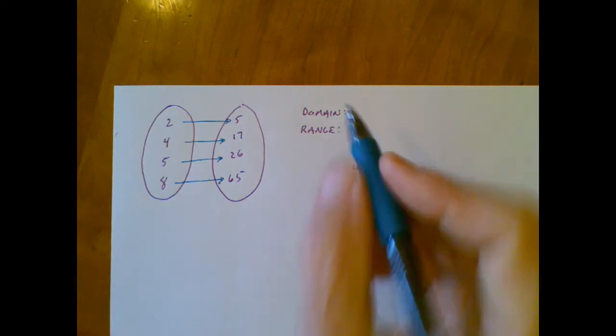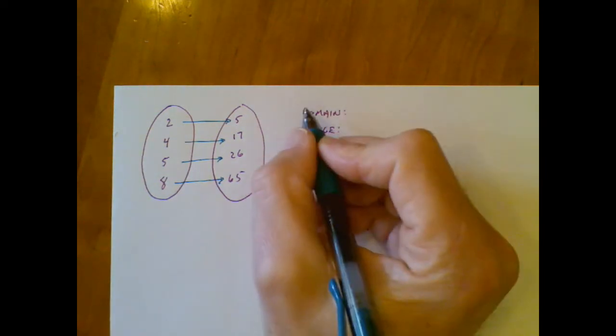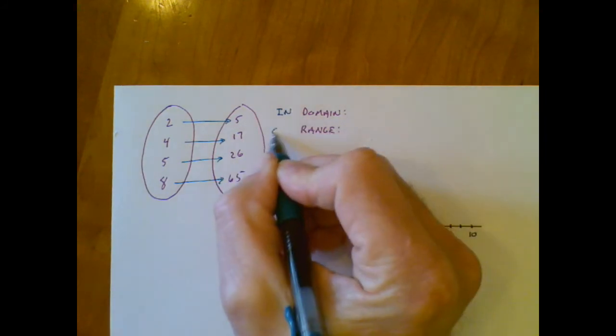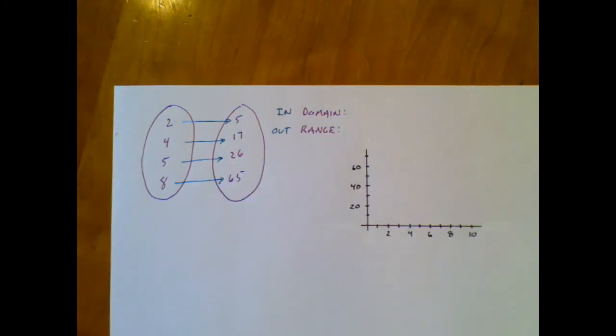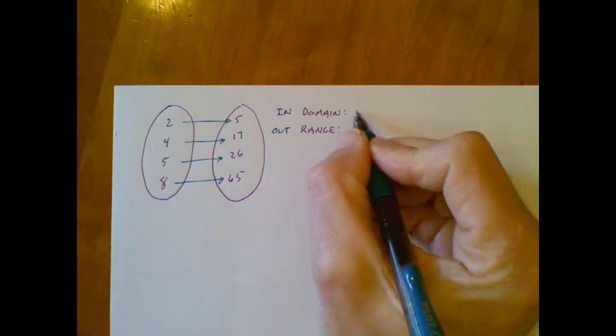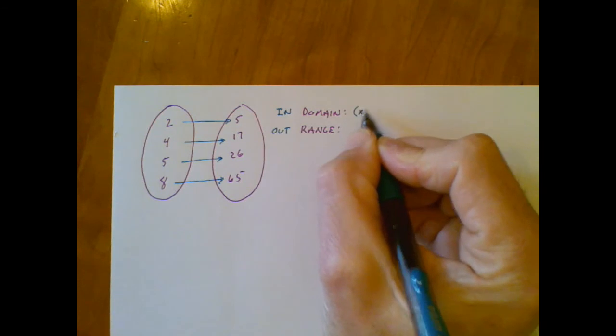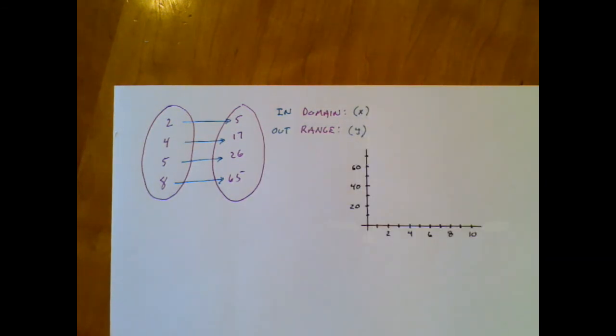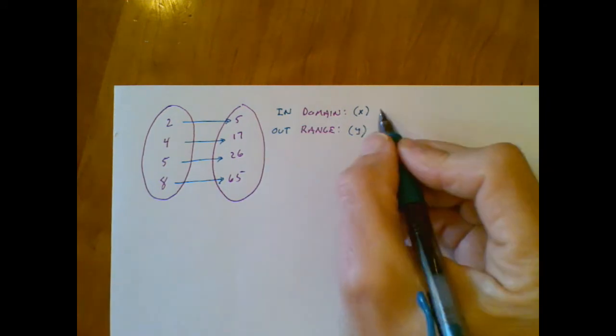One way to think about this is the domain is the input and the range is the output. Another way to think about domain and range is the domain is the x values and the range is the y values. So we're just doing a bunch of different ways to describe the same things,